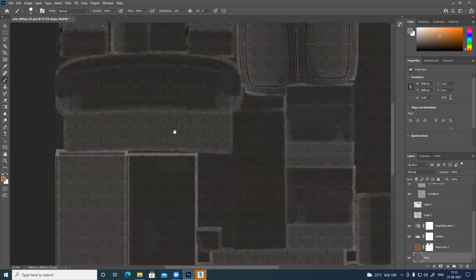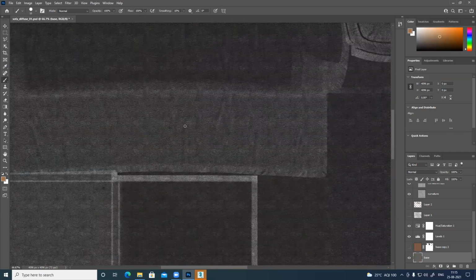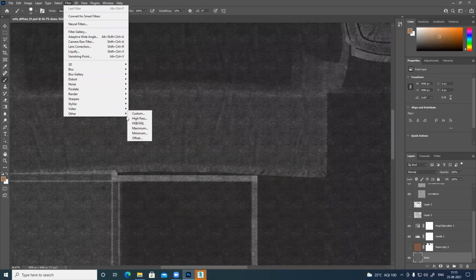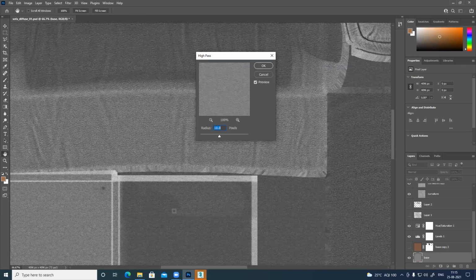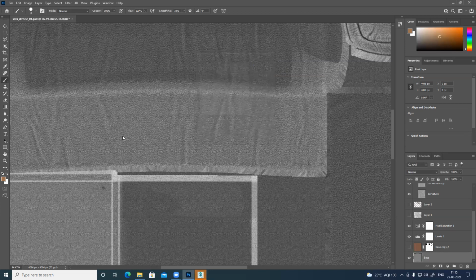So everything is 100% gray, but still I can see those color variations. You can see the patch repetitiveness. To get rid of this, there's a filter, Other, High Pass. What High Pass basically does is make your image flat. All the highlights it will remove. So click on this. See? Just High Pass. I'm using a value of 10. You can play around with this to whatever value you want. You can see that the repetitiveness is gone now.